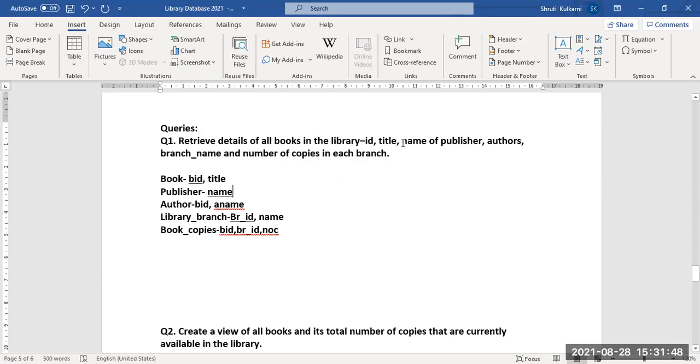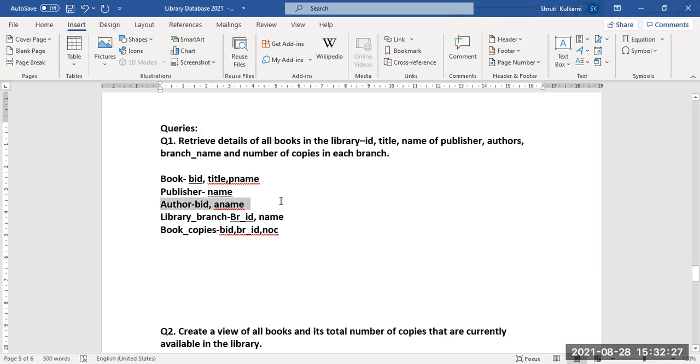The name is present where? The name is present in publisher name here. How do we understand that publisher name is present here also? Publisher name is becoming a foreign key in the book table, which is referring to the publisher table, right? So when you take a publisher name, you have to take it from the master table. What do you mean by the master table? Wherever the attribute is represented as a primary key, we specify it as a master key.